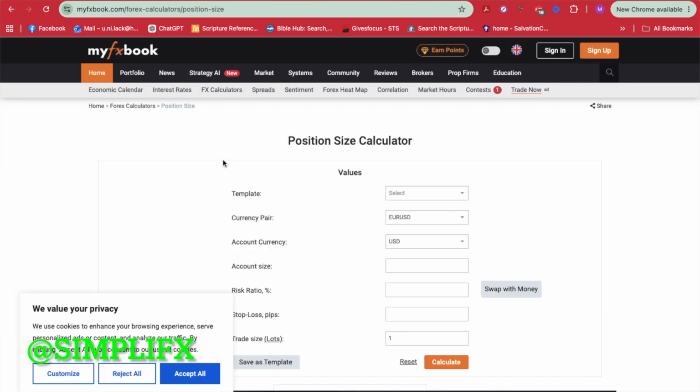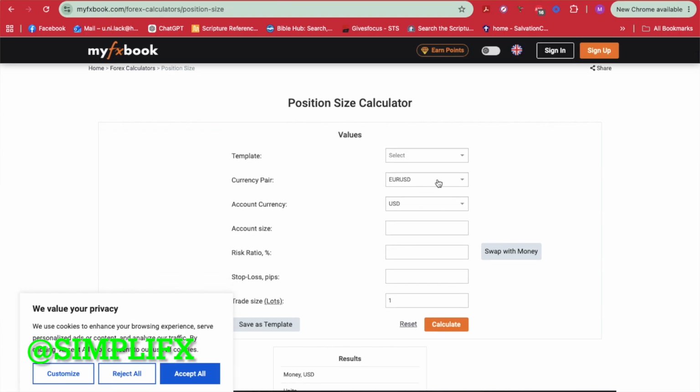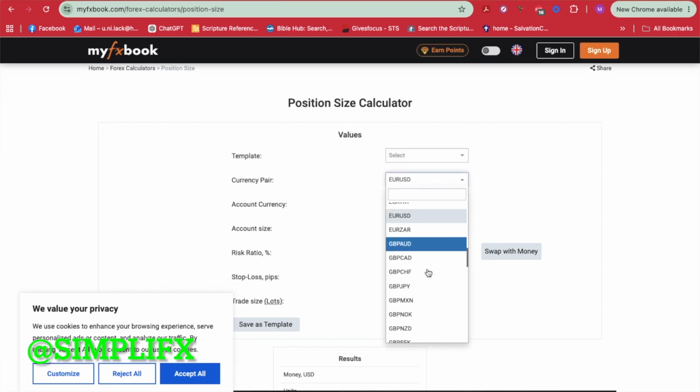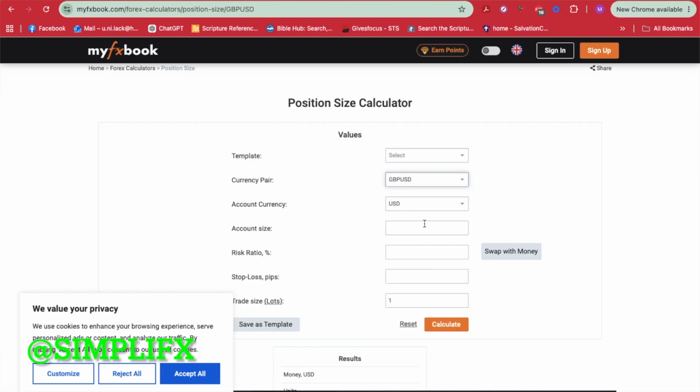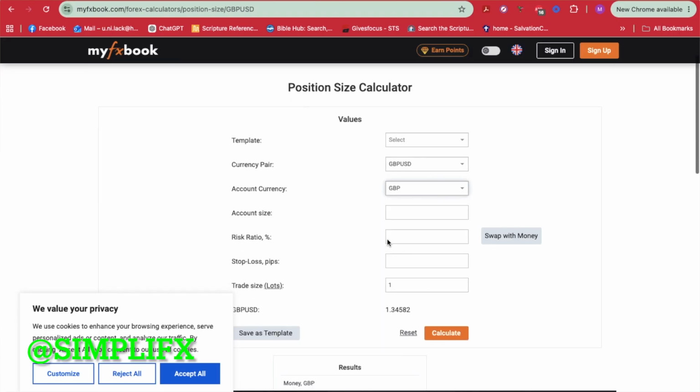So it literally does it for you. All you have to do here is make sure you have the right currency pair you're trading here. For me, it was GBPUSD. Account currency was pound. Account size was 100,000. This is a demo account, but the reality is,